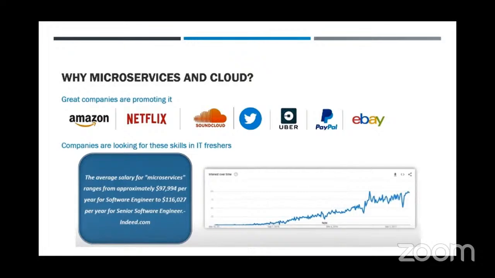Also, most of the software industry is pushing towards private, public, and hybrid cloud deployments in the cloud environment using automatic CI/CD pipelines, right? So, computer science freshers equipped with the knowledge would certainly have an advantage in the job market. We can see over here the average salary of senior software engineers and software engineers equipped with the microservices skill, and so it's really an advantage for job applicants to know about this technology.